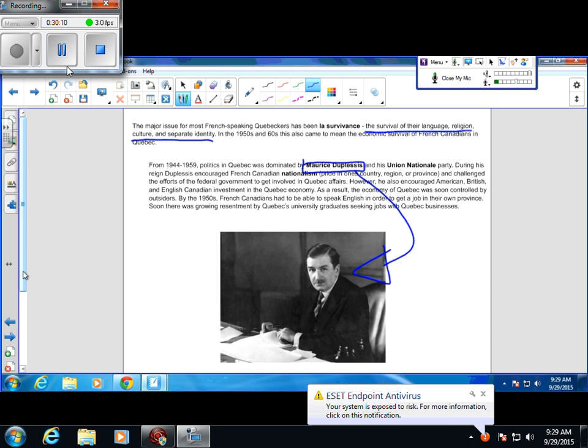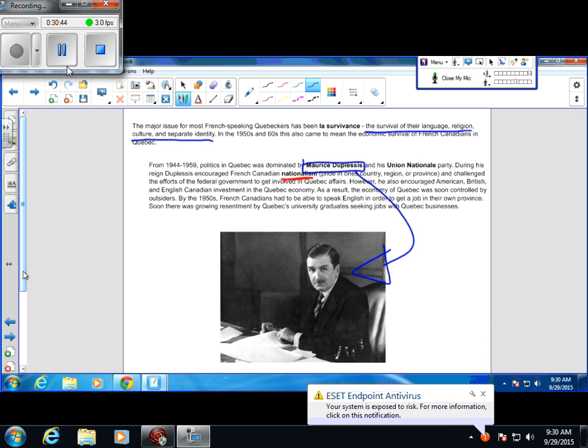You'll hear me say this term a lot: nationalism. Basically, it means pride in one country, one region, or a province. You're taking pride in what you have, based on your culture, what your nation has to offer, and your identity. You want to be different from everyone else, you have your own distinct identity, and you want to maintain that. This is what nationalism is all about.